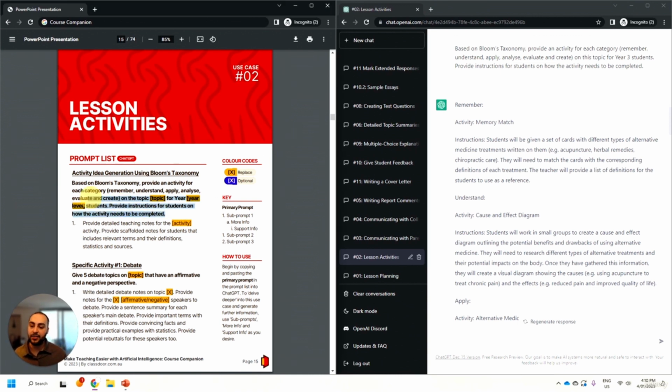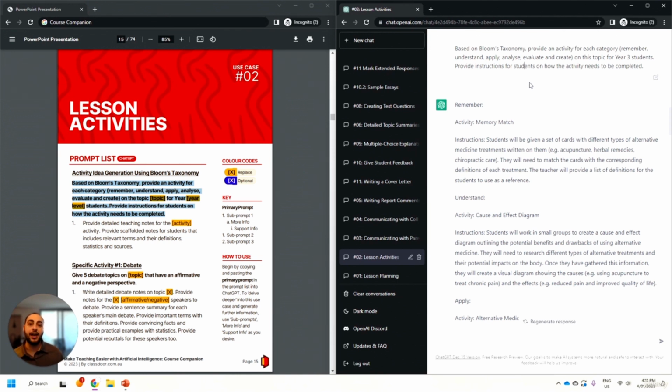It's looking at the different levels or different categories of higher order thinking, starting at the lower end with remember, moving on to understand, apply, analyze, evaluate, create, to give you a list of activities at each level. So all I'm going to do is copy and paste our primary prompt over in our course companion, bring it over to ChatGPT, and I've got here for you a historic example of this prompt.